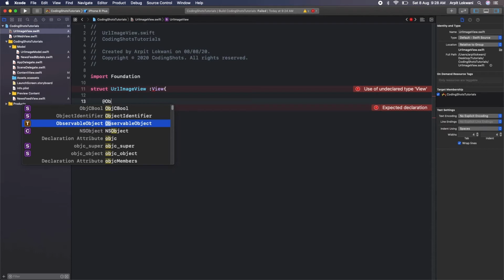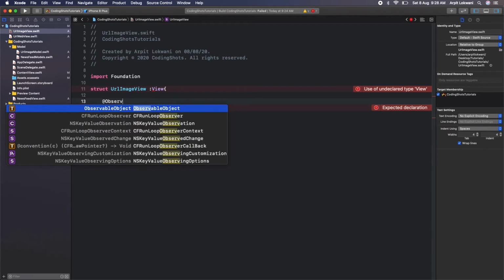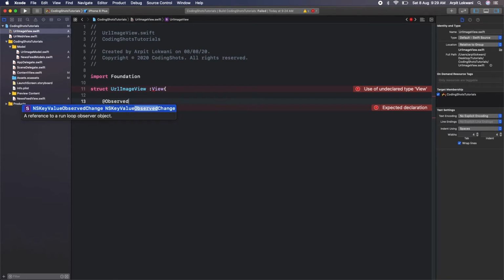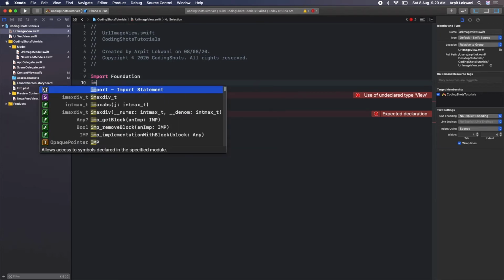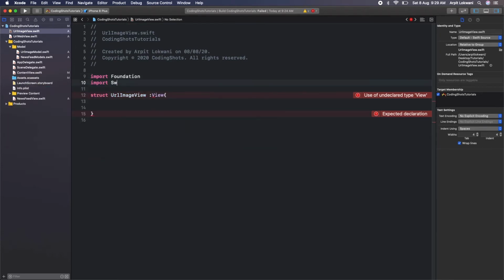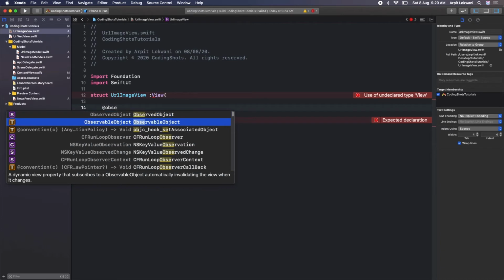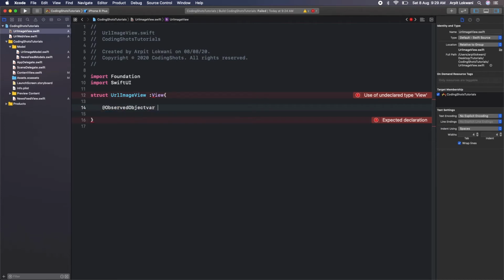So we can say at observed object, actually we need that, so we can say observed. Come on, fast, why is it not coming? Observed. Sorry, one second, I need to import that as well. Import, it's like UIKit, so you need to always import that. So yeah, at observed object. Now, where URL image model type of URL image model.